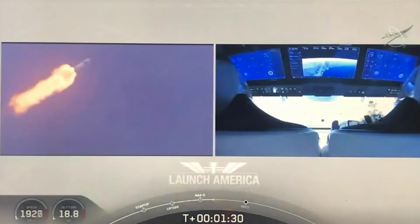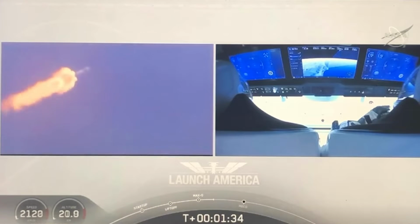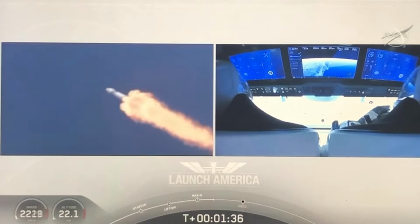Copy 1 Bravo. And we heard that 1 Bravo call out. That's just the second abort zone that they're in. They'll continue to be on this until the first stage has done its job and they switch over to the second. At this point, Bob and Doug pulling about 2.3 Gs, 2.3 times the Earth's gravity, already moving at over